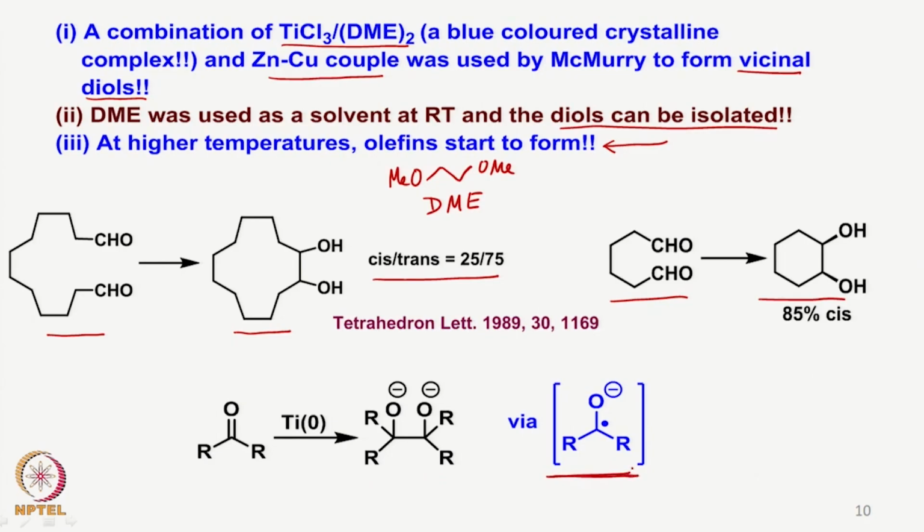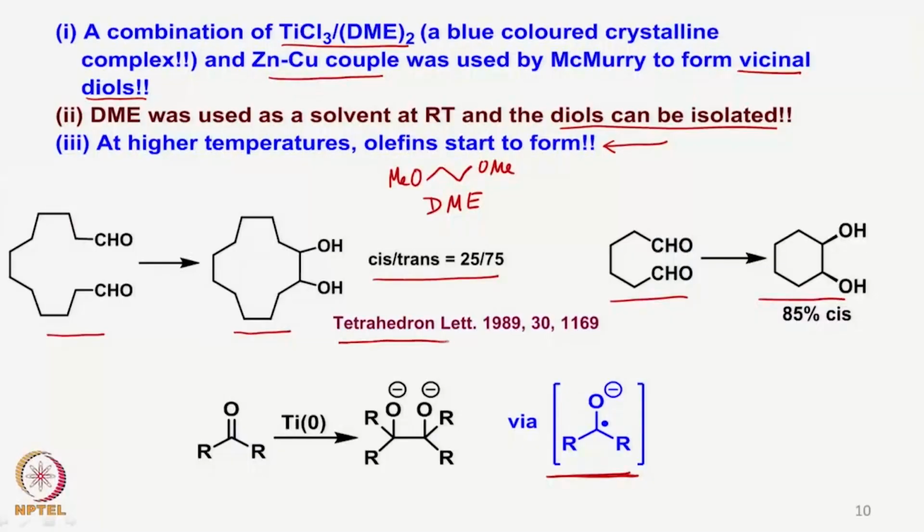So, we will stop at this stage today and take up further aspects of these titanium based reactions, McMurry coupling, next time. But as you can see, we can very easily allow the coupling of aldehydes or ketones and stop at the stage of diol, and also if required, by heating we can convert that into the corresponding olefins. You can study these; some references I have already mentioned. For example, this particular Tetrahedron Letters paper from 1989, where this diol formation was first reported,